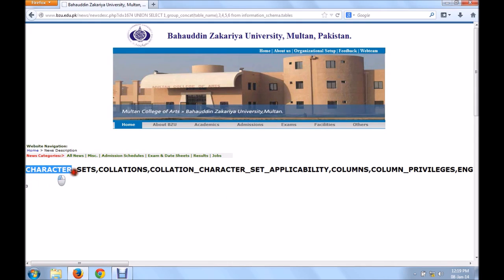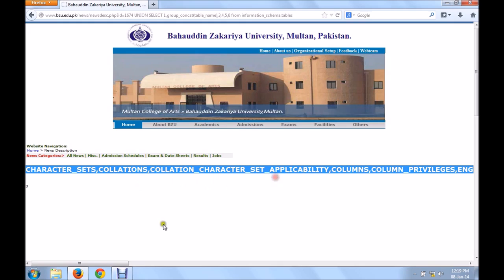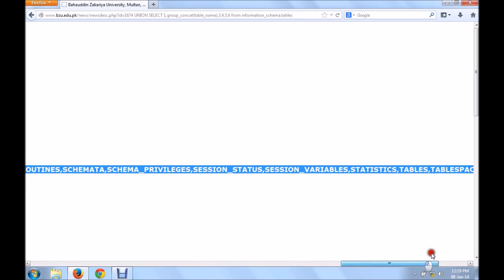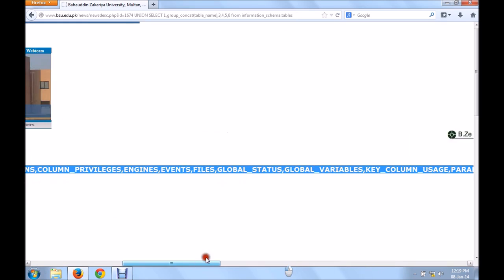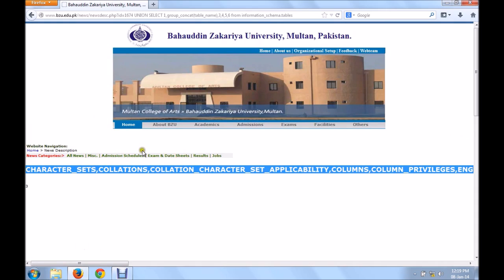Over here you can see these are the tables which are present in the database. Of course, they have some admin logins so that they can log in as admin, and then they must have a table with the name users. So we'll elaborate more to see whether these tables are present or not.